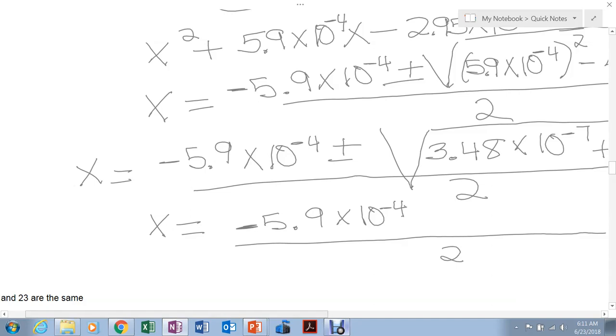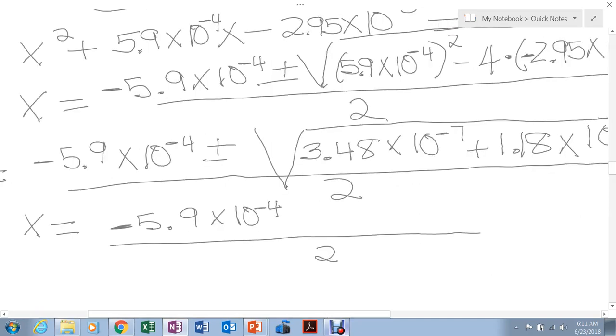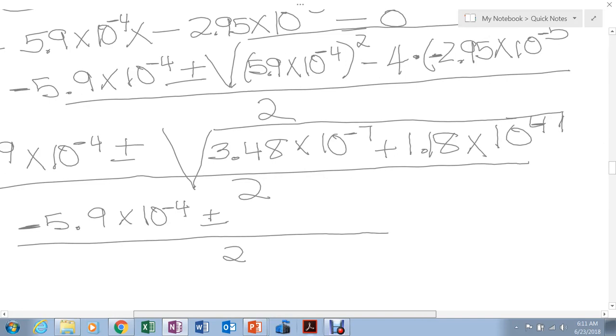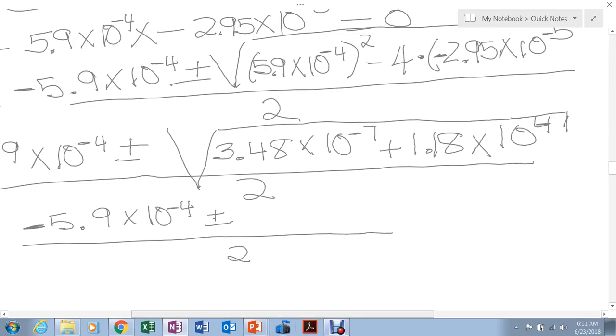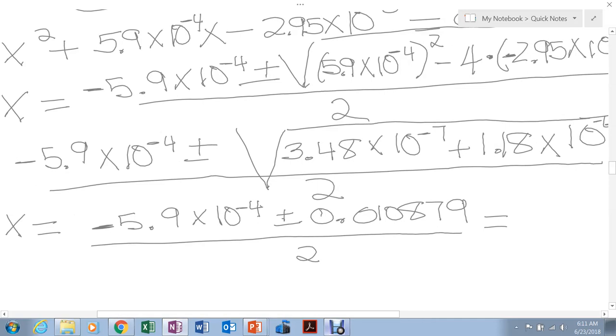This divided by 2. And this would be this plus the other square root. Just do the operation if you want to. You add this and then you do the square root. And by the way, this is negative 4. And it's going to be 0.010879. Again, for a concentration, I can't take the negative, so it's going to be minus this plus